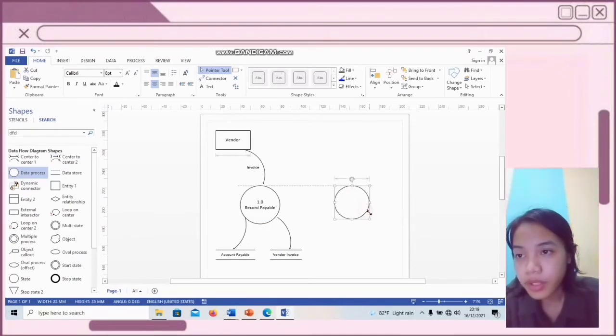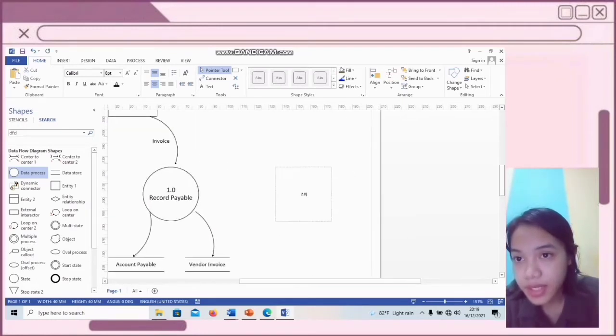Next, we create the diagram of the second process, that is collect and store purchase order and receiving report.